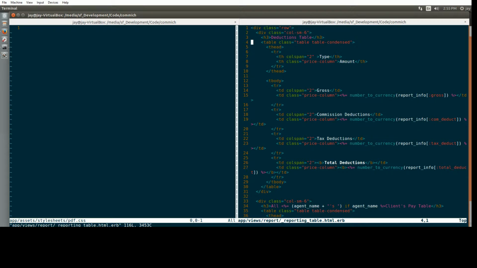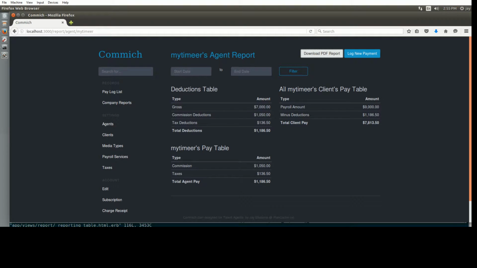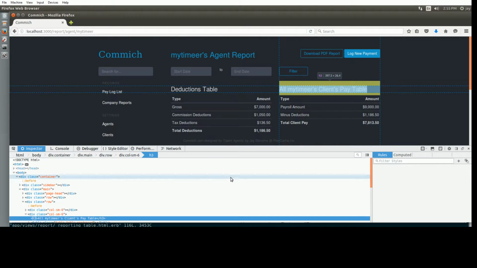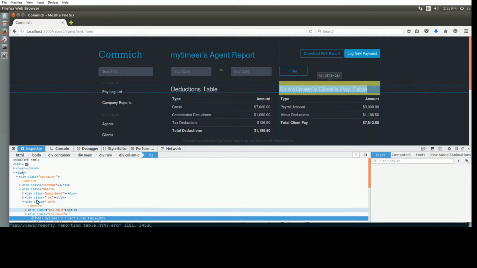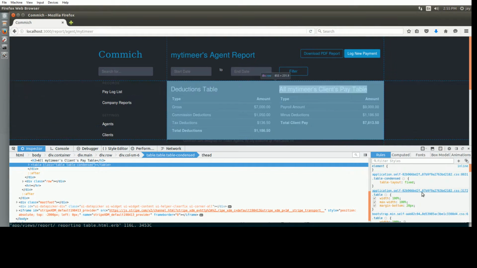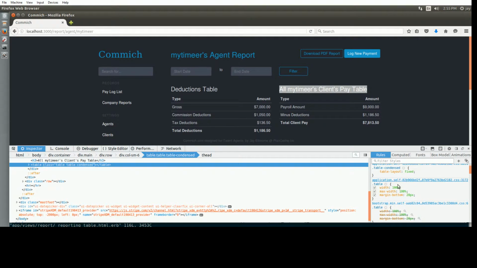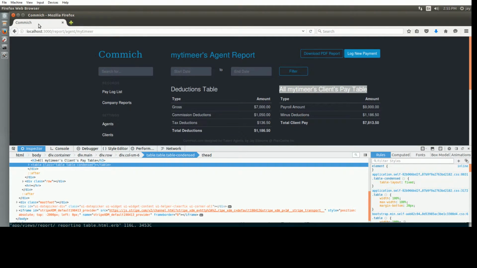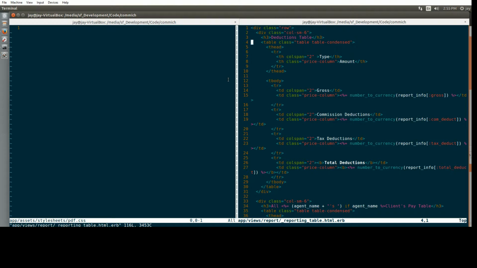Okay, so it looks like none of this stuff, okay, the table and the table condensed. So I'm going to utilize, okay, so table layout fixed, width is 100%. Okay, so let's go ahead and